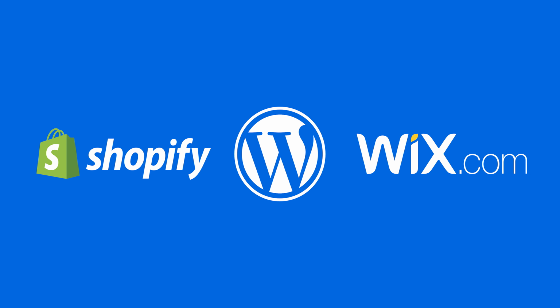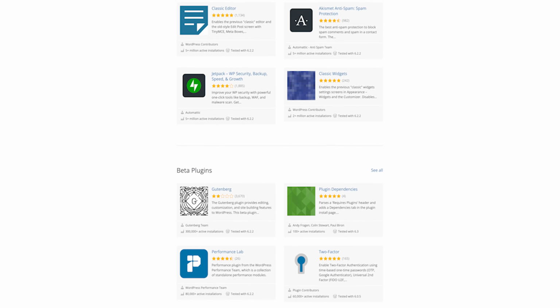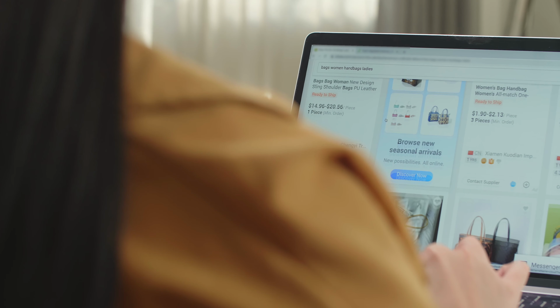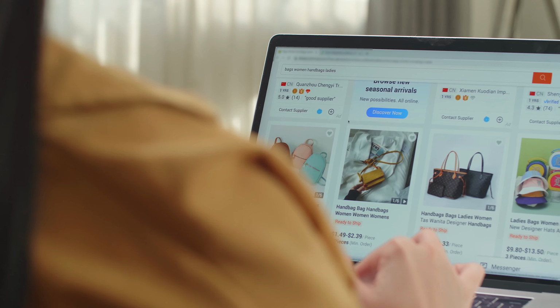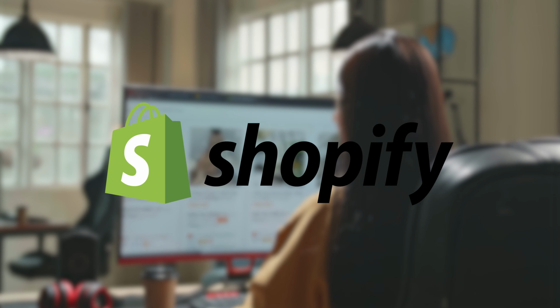Considering that 3 out of 4 websites and online stores on the internet are powered by WordPress, Shopify, or Wix, these 3 options clearly stand out as the top choices. If you prioritize flexibility and customization, WordPress is the way to go. On the other hand, if you're primarily focused on creating an online store and want an all-in-one solution, Shopify is your best bet. And if you're a beginner or prefer a more user-friendly approach to website building, Wix is clearly